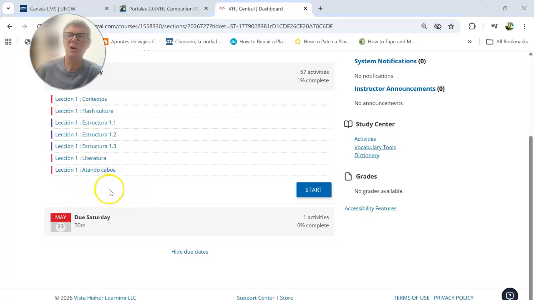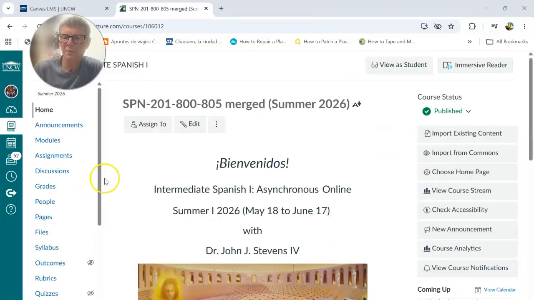Atando cabos is always the culminating activity. It's a bit like a pre-test. They try to simulate the conditions of a chapter test, but it still counts as homework. But this is one where you don't have an unlimited number of attempts because they're trying to make it like a test. So you only have one shot, but it serves as a diagnostic to let you know what areas you need to work a little bit harder in, what you need to review before you take the actual lesson test. So that's atando cabos. Atando cabos means tying up loose ends. So that should be the last thing that you do.